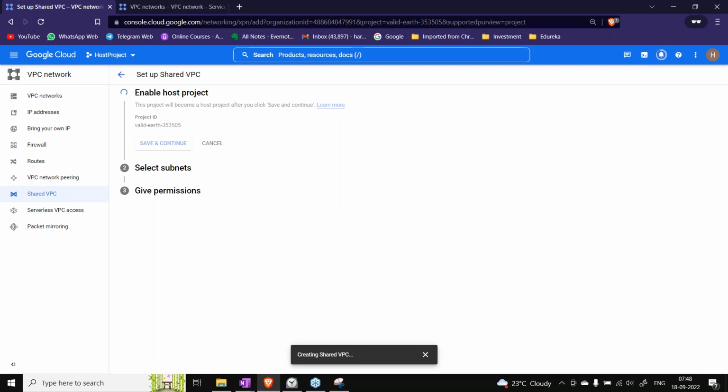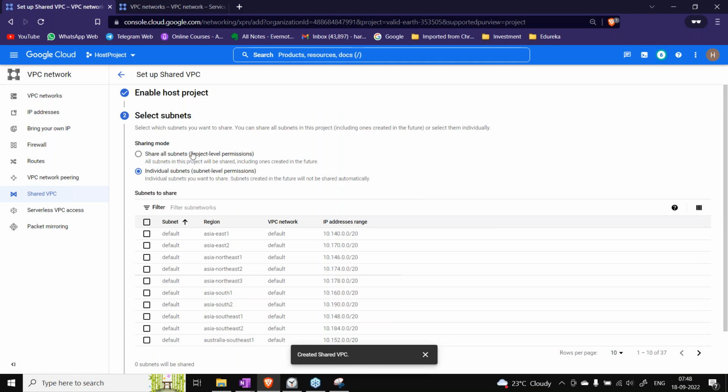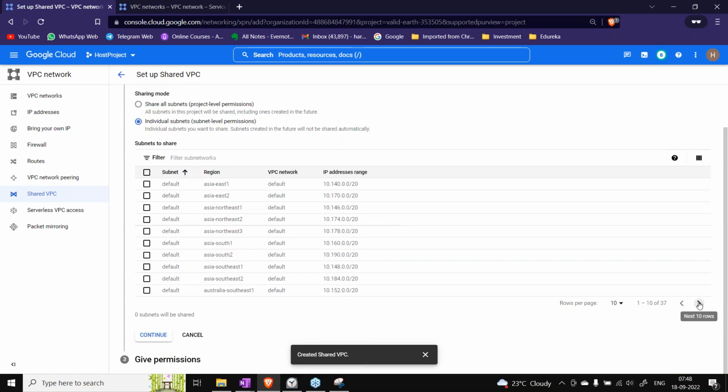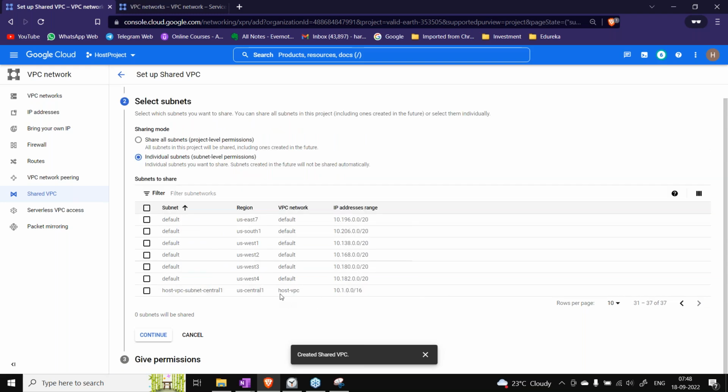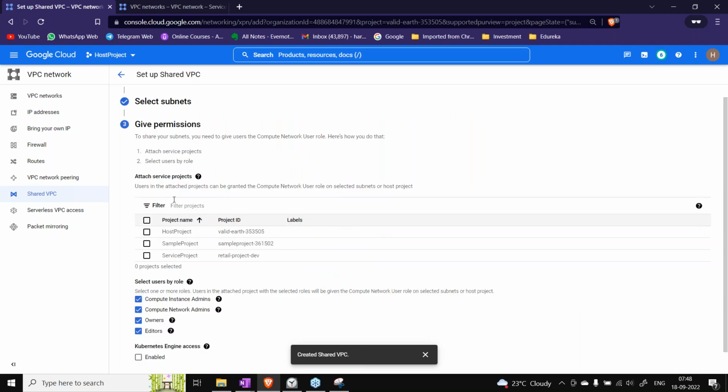Then on the next screen, what we had seen was we'll have to either select all the subnets or select individual subnets, right? If you see here, the default subnets are also being shown, and there is one subnet that we had created, a custom VPC and a custom subnet in that. So let's select that one, and our intention is to just share that particular subnet.